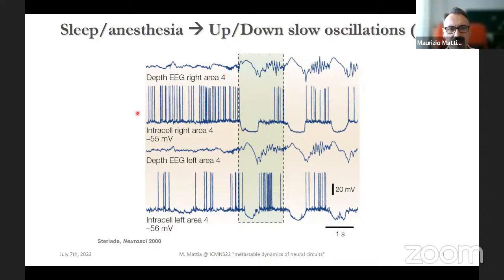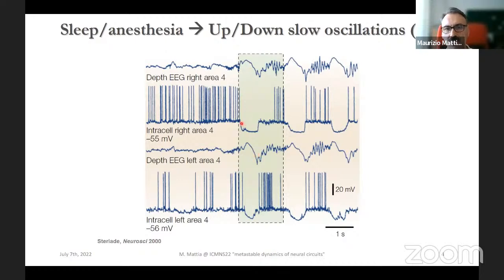And before this, you see that the spiking activity of these single neurons is rather irregular, the EEG signal has small fluctuations and is rather asynchronous. But when the animal falls asleep, you start to see very large fluctuations in the EEG signal in both hemispheres. So this couple of signals is coming from one hemisphere and this from the other hemisphere. So it's a global phenomenon involving the whole brain, and at different scales.